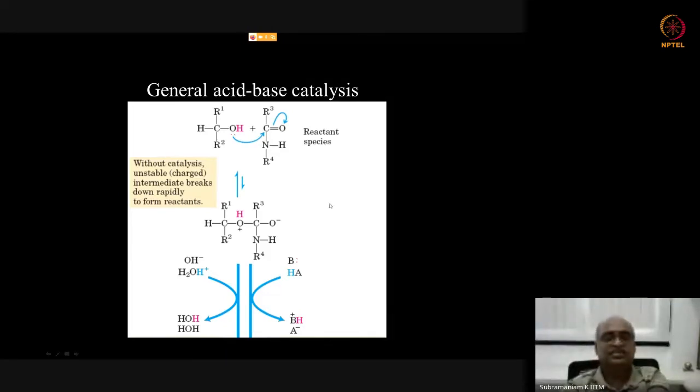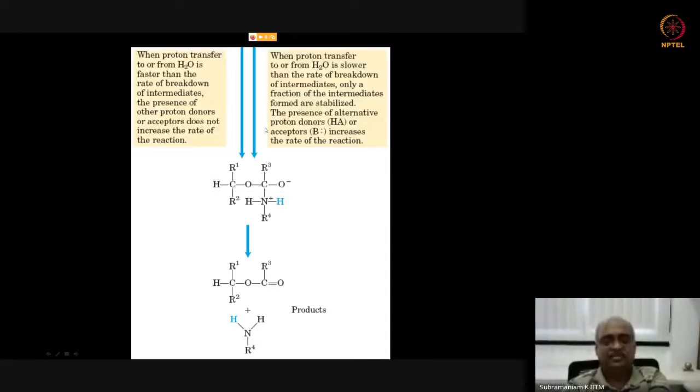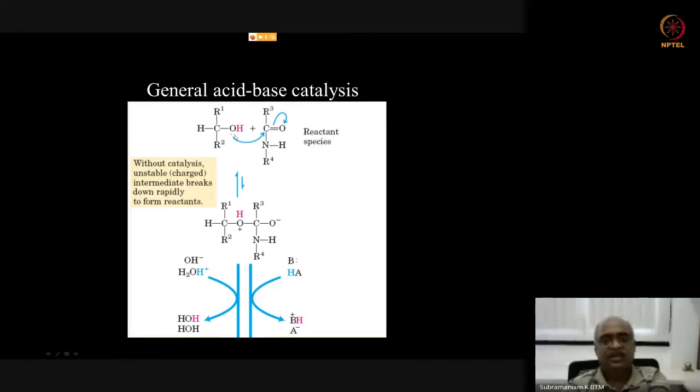And this is what you call general acid-base catalysis, where the proton donor or acceptor is not water but something else. So here the catalyst, by temporarily accepting a proton or temporarily providing a proton, stabilizes an unstable intermediate structure, and then it can move forward. If you follow the electron flow as well as the color of the atom, from where the proton comes, then you will understand how the